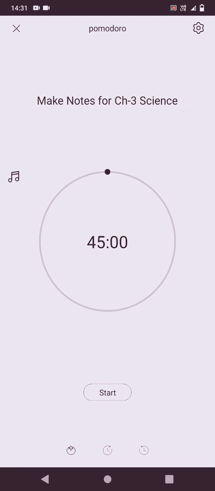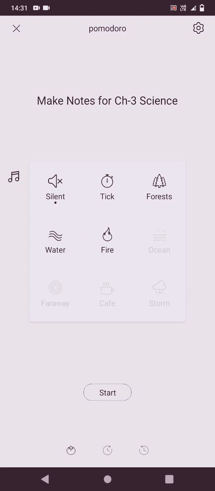Now if I want to set music for this particular task, meaning when I'm doing this task, I want to play music, then you can click on this music 1 icon. When you click on this, you will get different options. If you want to silence it, meaning you do not want any noise, then you can click on silent.